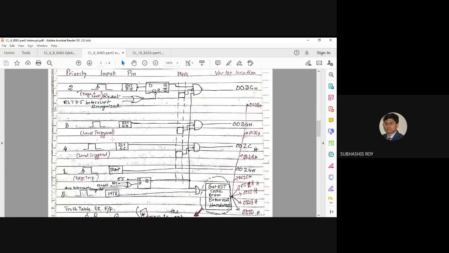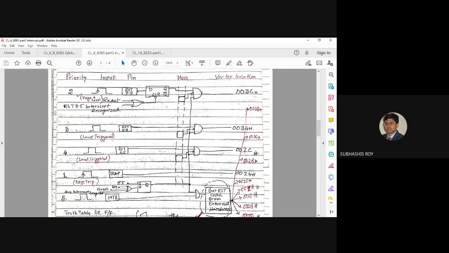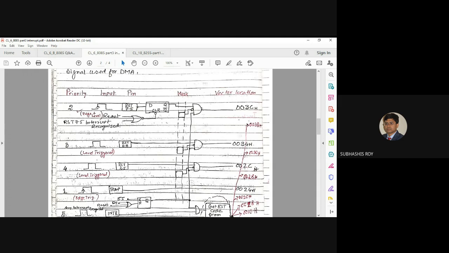Okay, and this diagram I have just drawn so that you can understand the masking process. Masking is one of the important processes in interrupt handling. What is masking? Masking means, suppose the microprocessor received an interrupt request from this particular pin, RST 6.5. After receiving this request, there is a possibility, because you are the programmer,